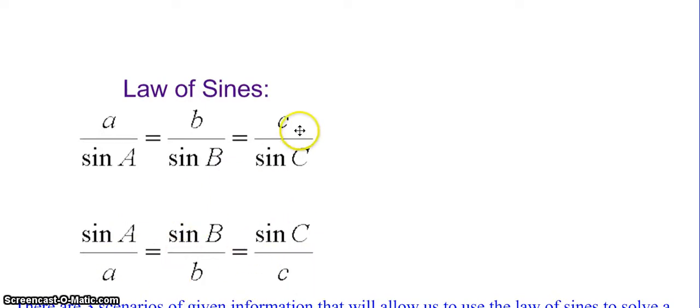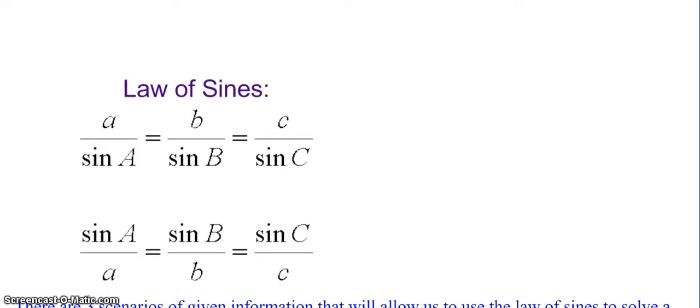Now, a lot of times people think, wait, are there two different versions of the law of sines? Are there actually two laws of sines? What? Because it just says the law of sines. And yeah, that's because this is still the same thing. The version right here, the top version, is just the reciprocal of the bottom version, or vice versa, however you want to think about it. But it is not two different laws of sines, it is still the law of sines. It's the law, really, is what you want to remember. You should always follow the law. So, anyway,